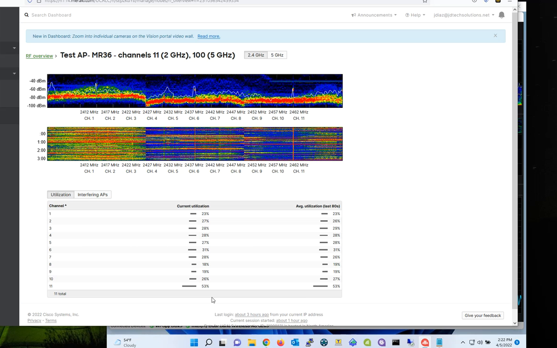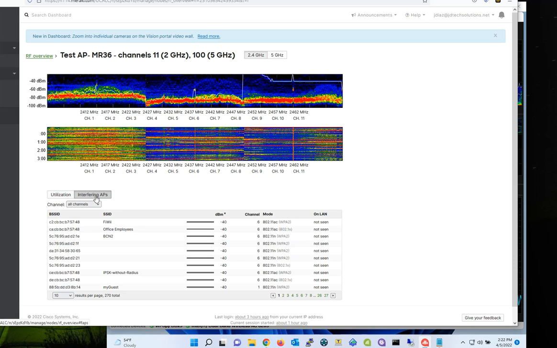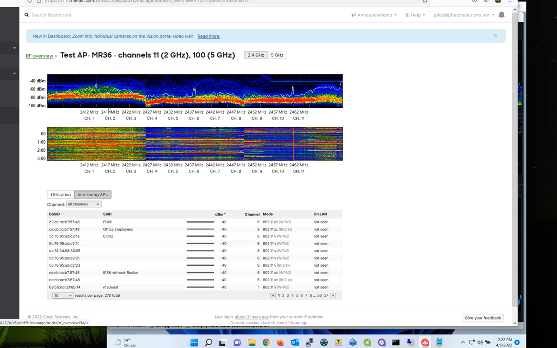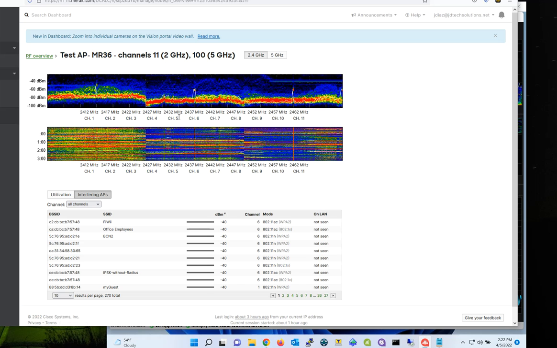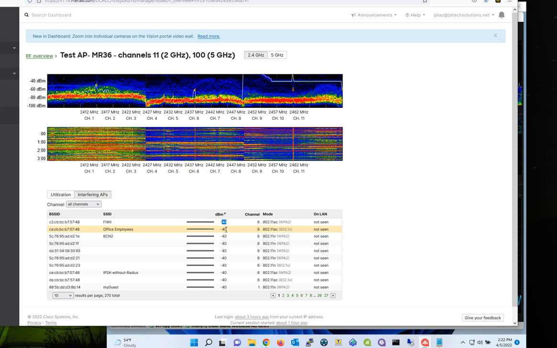So that's something to keep in mind. If you click on interfering APs, that's going to show you the access points that are interfering or sending a lot of noise around, in this case, around this other access point that is displaying that information, right? So when you see that the signal strength is a low number, you know, if you have something in the